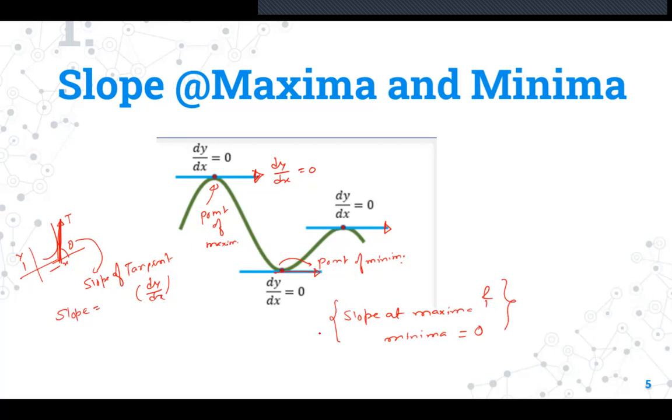So if slope at maxima and minima is 0, then how we are going to decide, after mathematical calculation, that this is the point of maxima or this is the point of minima? Are you getting my point? Because if you are getting the slope for minima as well as for maxima as 0, then how to differentiate between these 2 points? That whether after calculation you are getting point of minima or point of maxima. So now we'll just get into that.